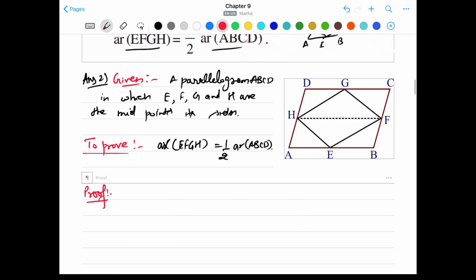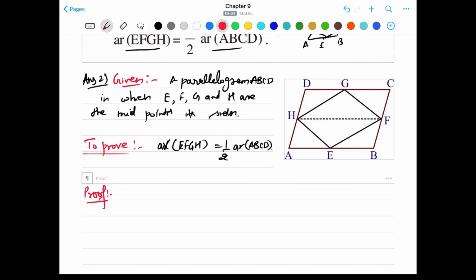First we are going to start with taking only the upper part of this figure, that is only this part. We'll start with taking H, F, C, D. We will take this parallelogram. In this parallelogram we have a triangle which is GHF, which is on the same base HF and between the same parallels DC and HF. So we are going to start with this.